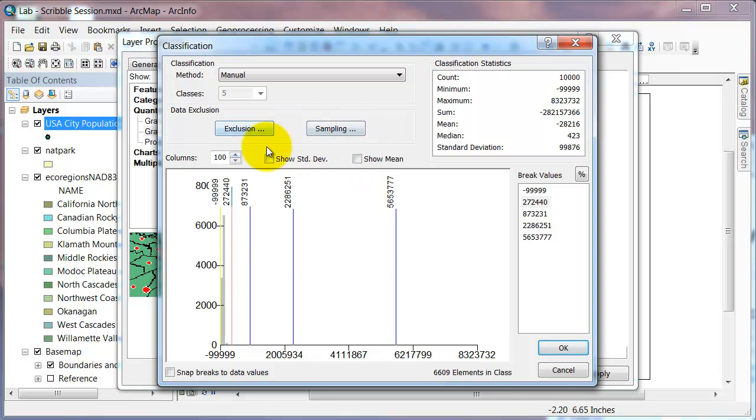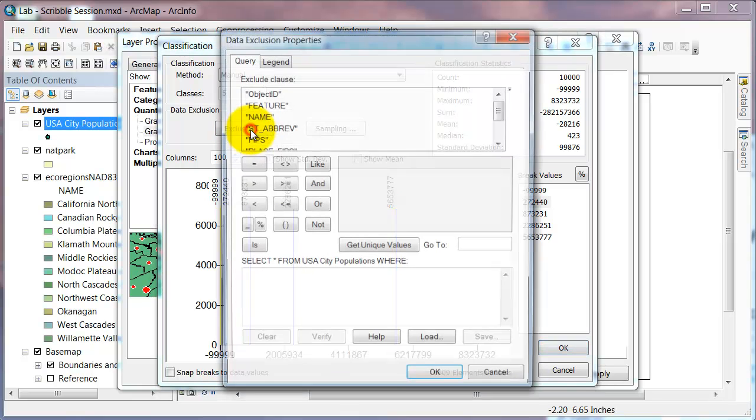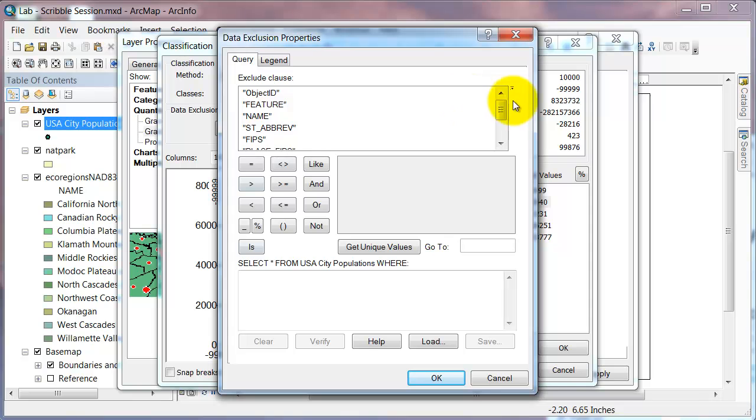And one of the things we want to do here is with exclusion. If I click on exclusion, any data for population 2007 that is less than or equal to 0 we would exclude. I can put in several filters here if there's names that I want to exclude or things of that nature. So I'm going to exclude anything that's less than 0, which would be all the negative 999 values, or when there is no data for that city. So I'll click OK,